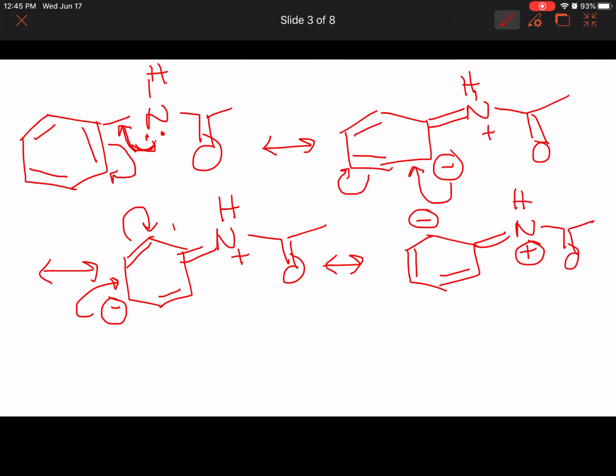NHCOCH3, positive charge. Now the next one, this negative charge goes to form a pi bond. So then the pi bond between the nitrogen and carbon opens up, gives its 2 electrons to nitrogen to reform your original compound,